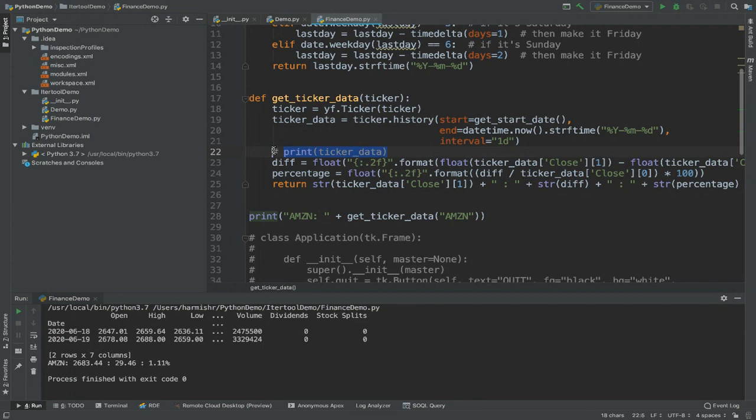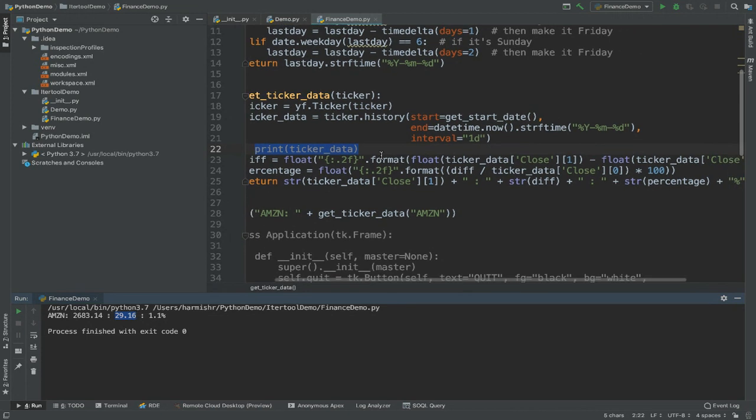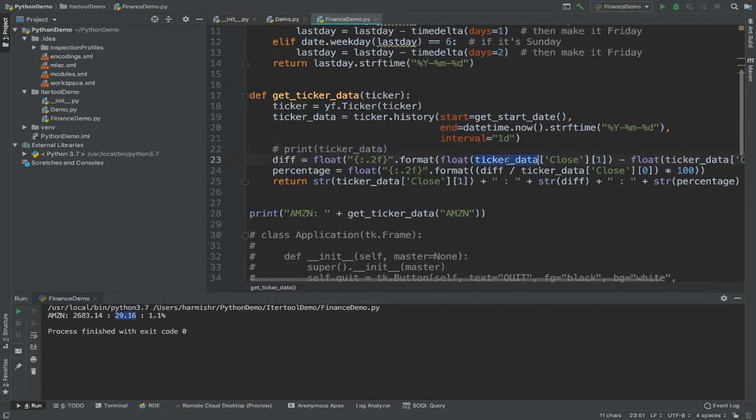I am printing the value. Let me comment that and use it again. You can see, this is the ticker name, this is the current stock value, this is how much it has incremented, and this is the percentage increment. How I'm getting that: I'm taking the difference between the current value and the last close value. If you see the response object of the ticker data, it is a list. Basically, using the close object you can get the value of the